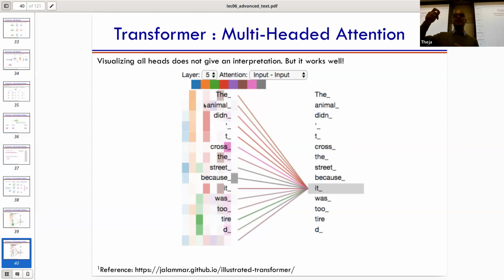Basically the query times keys, the intensity, is what it represents. And here it looks like the word "it" is influenced by every other word, which is not really helpful. It's saying that in the last attention head it is being influenced by one word, and in the second attention head it's being influenced by "the animal". So it's not really very explanatory. But this redundancy, this multiple representation, this parallelization seems to help really well. That's why it's become a canonical choice in many transformer-based architectures, whether it's translation or LLMs; generally they go for multi-headed attention.